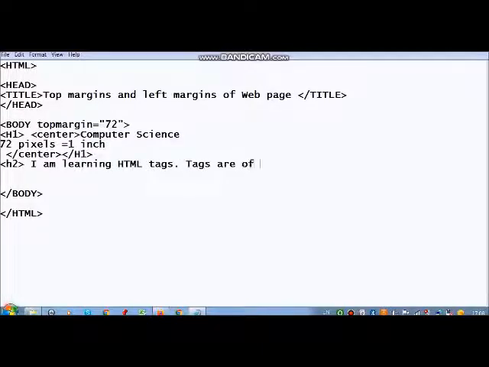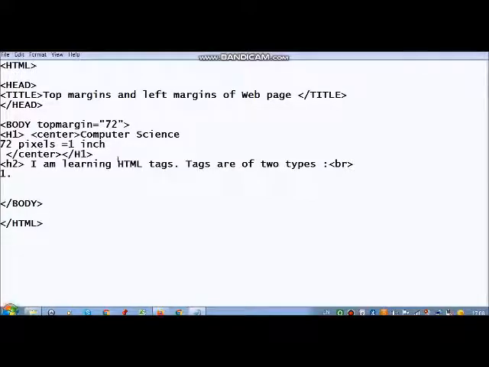Tags are of two types. Okay. Number one, I am writing here number one. Now to change the line, what I have to do? BR. Very good. So BR means changing line, break.